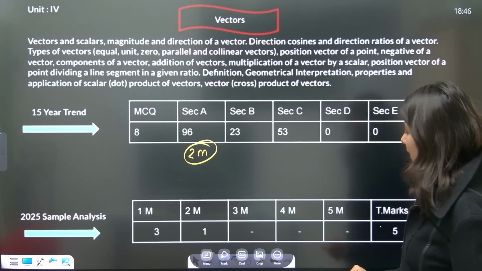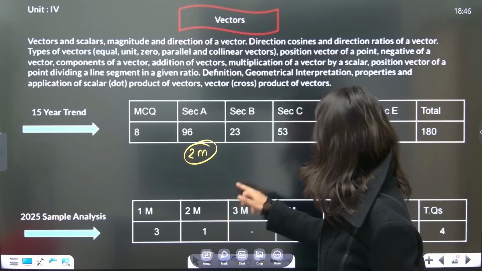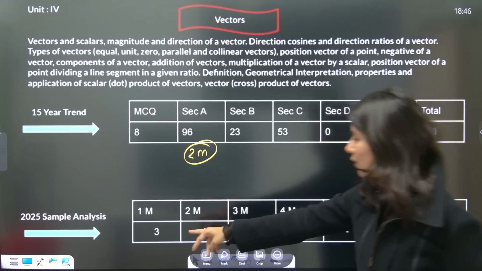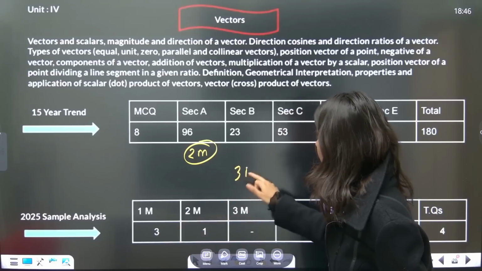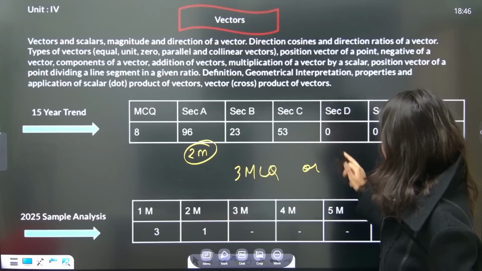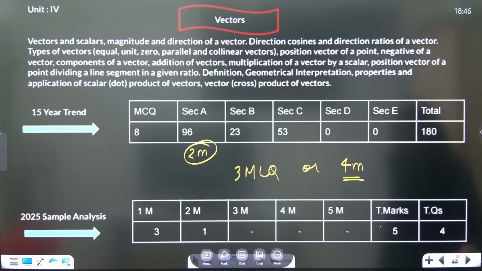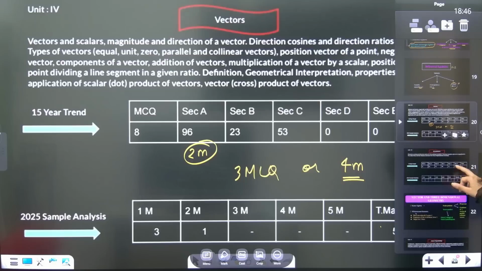After 2 marker, it's high chance that you are going to get either 3 MCQ. If not 3 MCQ, then they can give you a question from section C, which is 4 mark, 1 4 mark question. Like that, they can distribute it. So they can balance it out. And 3D geometry,